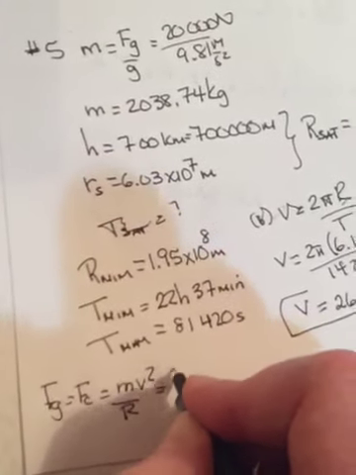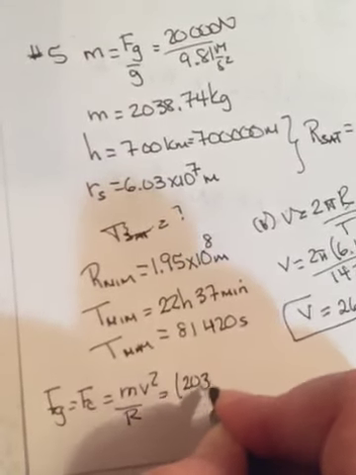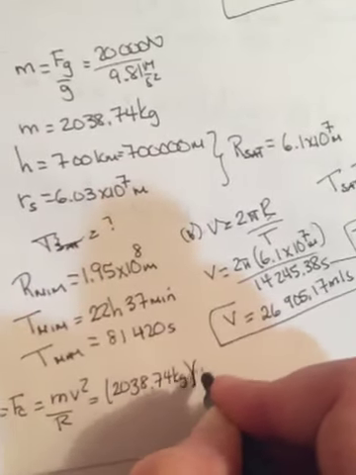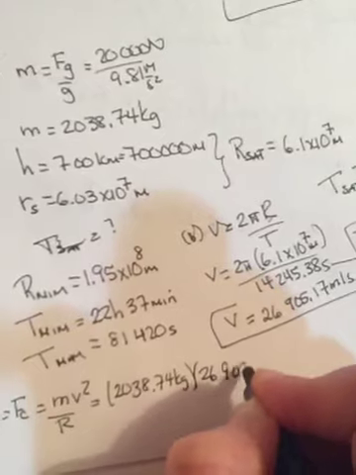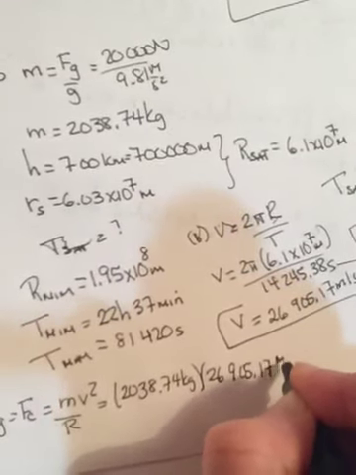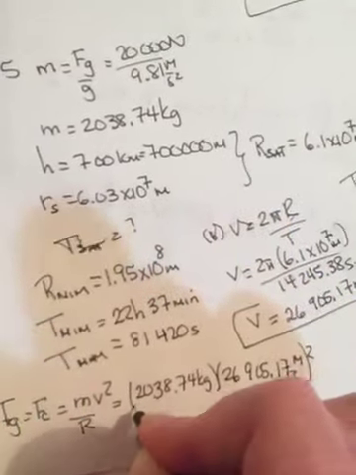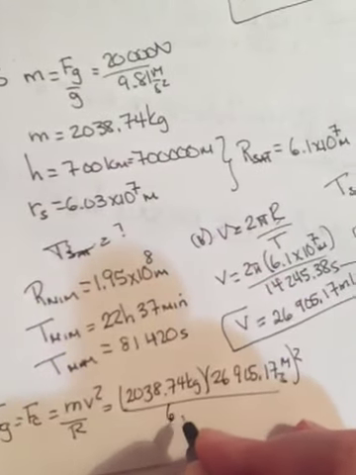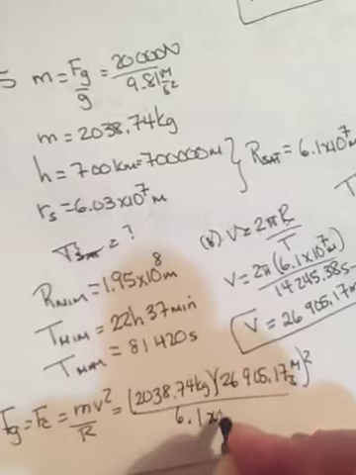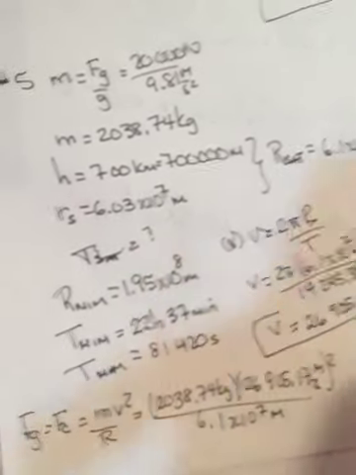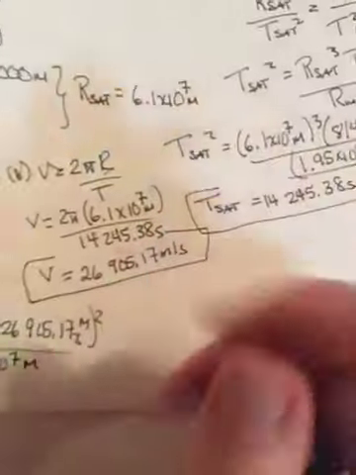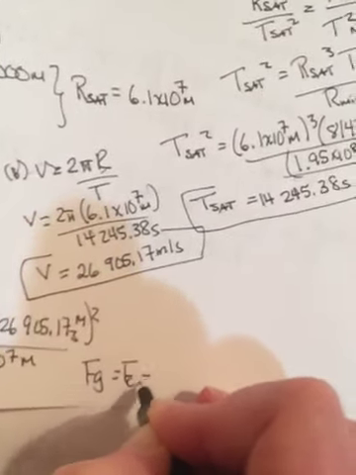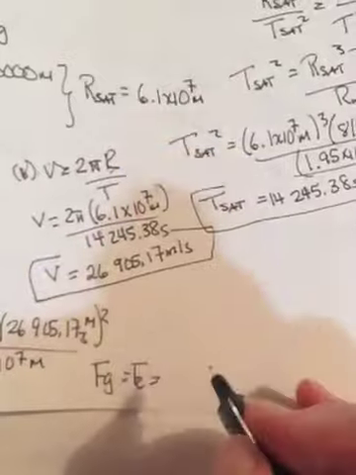So the mass was 2,038.74 kilograms, the speed you just found, 26,905.17 meters per second squared, and the r for the satellite was 6.1 times 10 to the 7th meters. And when you do that, you get an Fg, which is an Fc, of 24,000